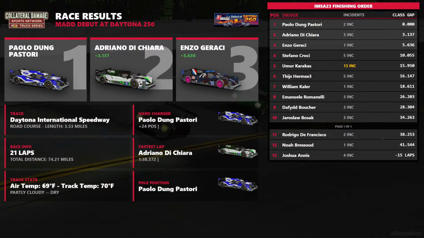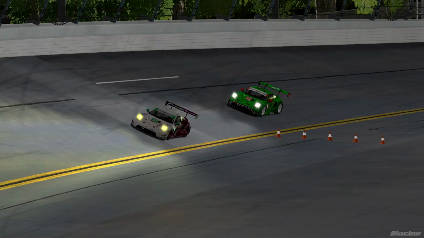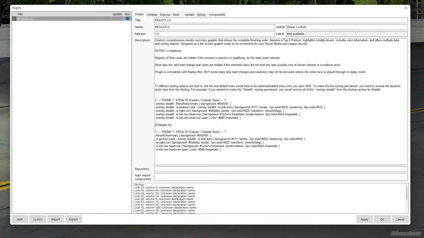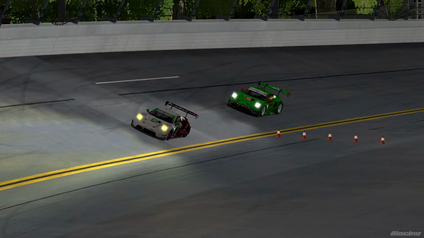If we start to play around with the styling a little bit, a lot of the default styling is tied to this theme color. Oh, hold on, let me hide the overlay so you can see what I'm talking about. In the styling tab of the plugins editor, right at the top is this theme color. This lets you change what is the highlighting color. So right now it's this crimson color. We can just change it to something like purple